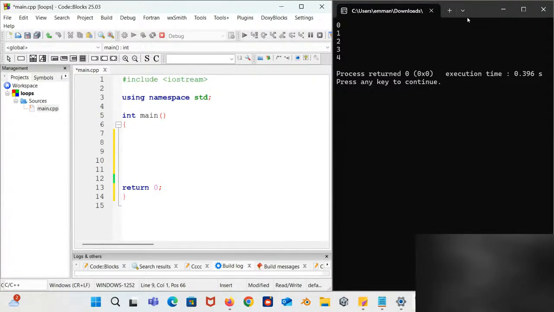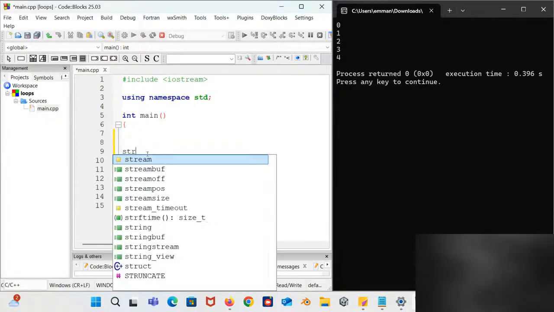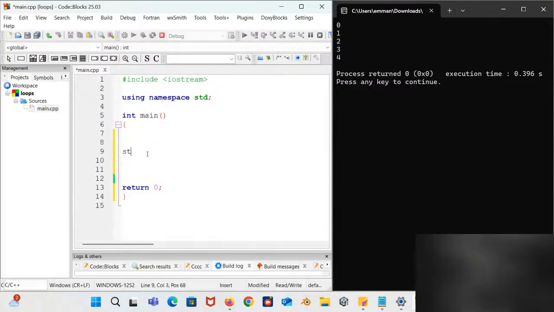Okay. So, in order to declare an array, or in order to initialize an array, we have to follow the same rules that we follow when we are creating variables. What are the rules? The rules are saying that we must first indicate the data type, followed by the name of the variable.